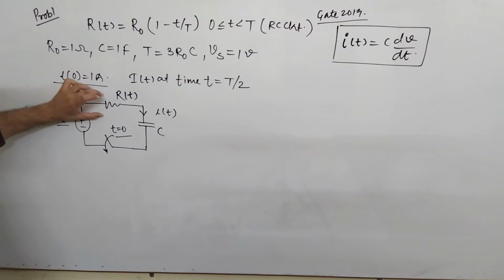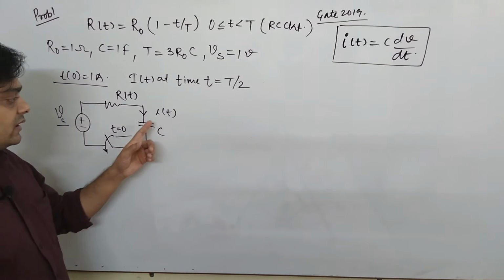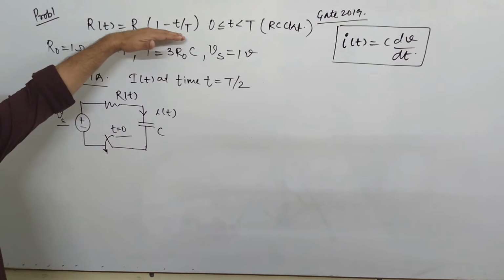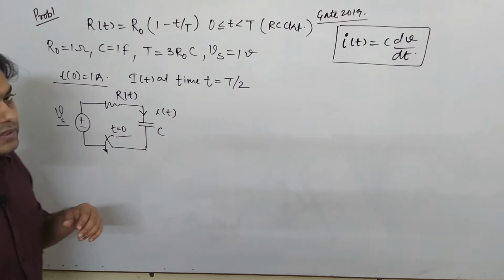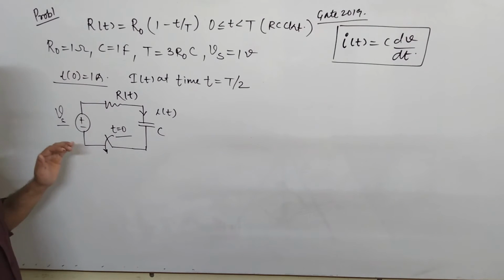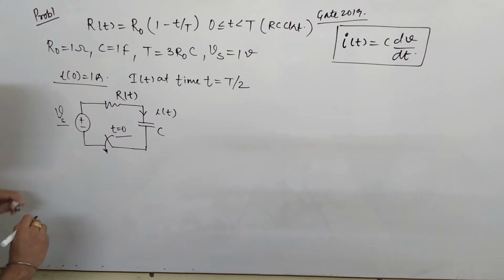However, here the resistance is given, which is a function of time, so it is a little bit difficult to find the value of voltage across C and then i(t), because here your resistance R(t) is a function of time, and it is difficult to find the value of R(t) at time t equal to infinity. So here we will not apply that technique, we will see this in a different manner. Here also the initial value of current is mentioned, not the voltage, very important thing. However, you can find it, but we will not apply that concept.